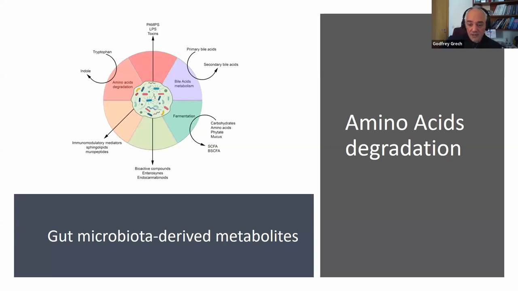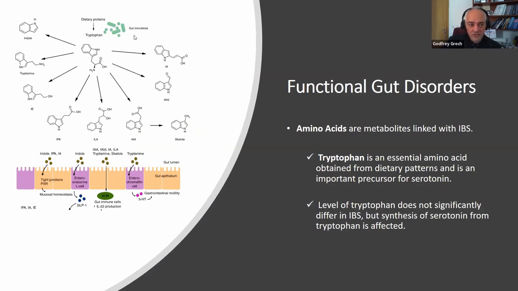There's also amino acid degradation, and here I just mentioned tryptophan. Tryptophan, in the presence of specific bacteria, is metabolized into various health-promoting molecules. One of them is 5-HT, which is serotonin. That is extremely important in the gut because the gut is autonomous in terms of nervous system, so it's not controlled by the brain. Of course, digestion is continuous all the time, unless there are specific hormones that stop it. But the motility of the gut is dependent on serotonin and other neurotransmitters that are produced by the